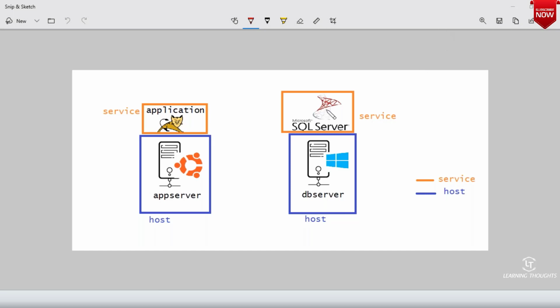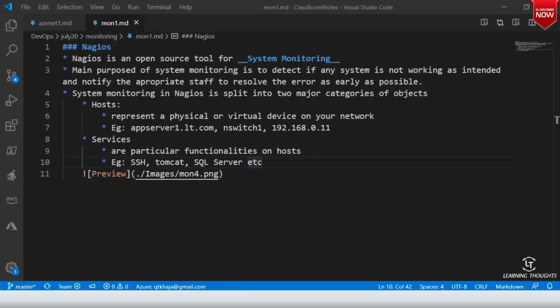Now, hosts can be grouped as host groups. Generally, when we work in an IT organization, we will not have one database server, we will have many database servers.